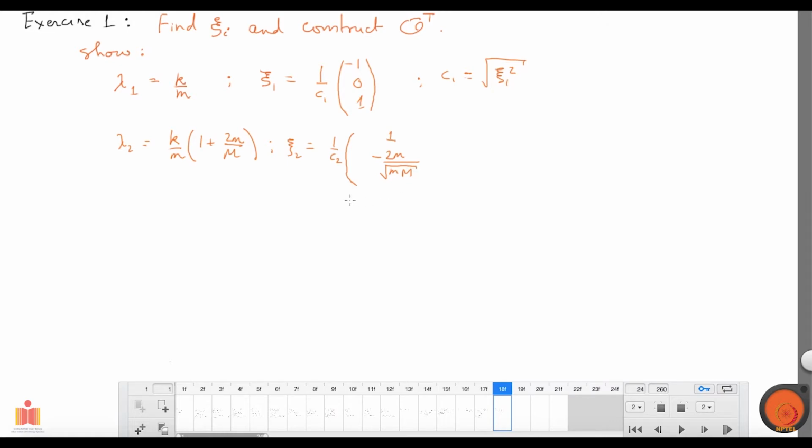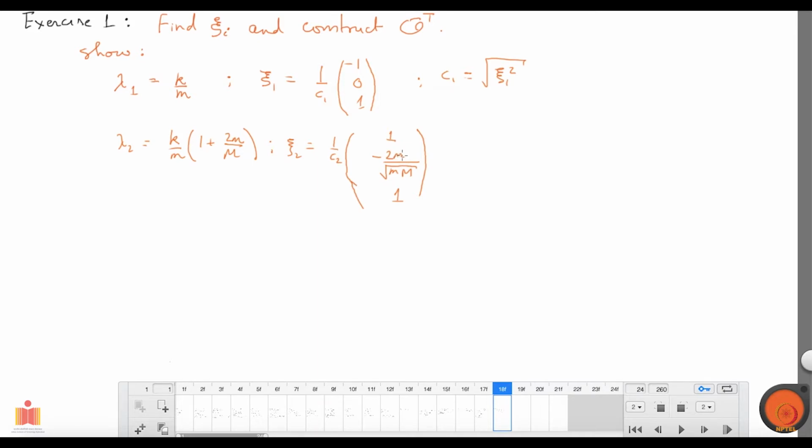Okay, fine. I'll tell you why I had stopped for a second. You see, I was checking the dimensions. So all the time you should be checking for dimensions. So this is dimensionless, this is dimensionless, which is good. So this guy should also be dimensionless. Otherwise, clearly we have made a mistake.